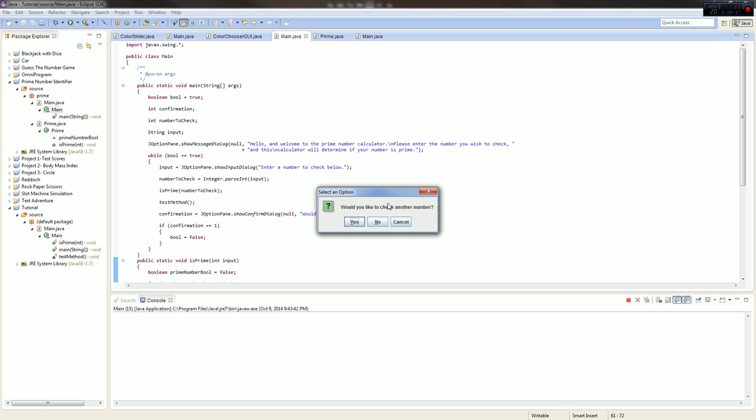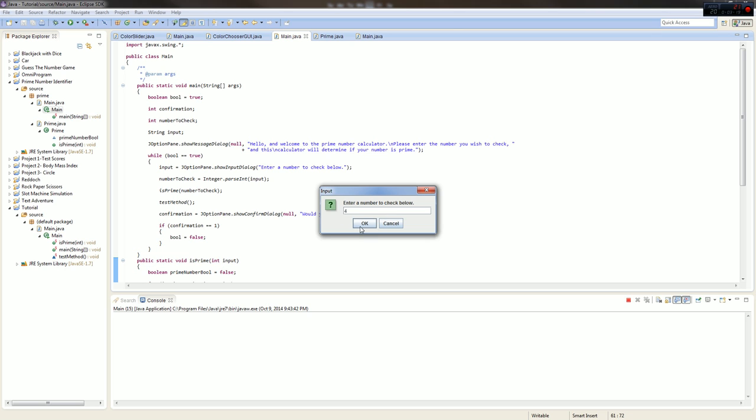If it's a yes, it's a 0. If it's a no, it's a 1. The only reason I know that is because I tested it. I assigned it to a variable and printed that variable out to the screen to figure out which was which. But anyway, if I click yes, it repeats,